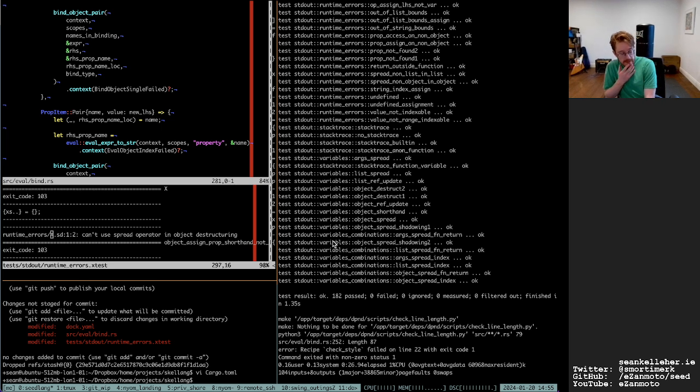And so, yeah, then I implemented the, I guess, first half of the object destructuring, which is the first part of destructuring in general that I'll be implementing, which will be very useful because there are a couple of control flow structures, such as the for loop with iterators in particular, that will make very good use of the list destructuring. And whether I'll have a special syntax for that as well, I'm not sure, but that'll be coming up shortly as well, hopefully.